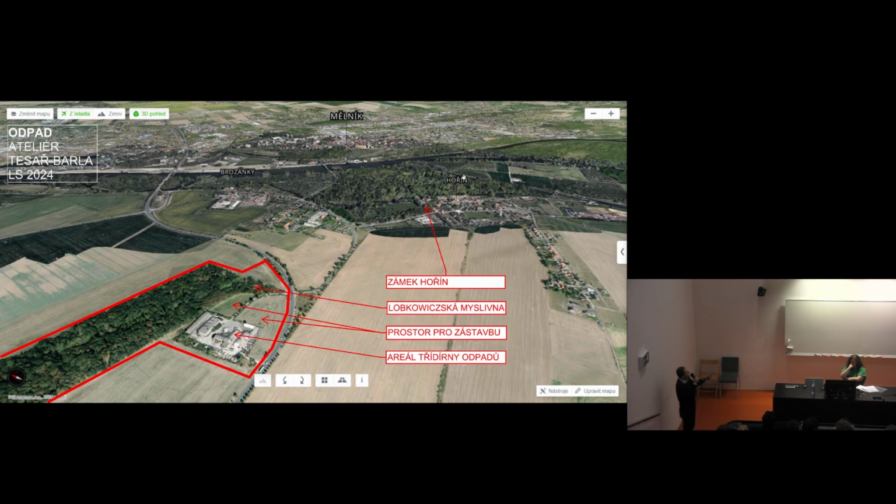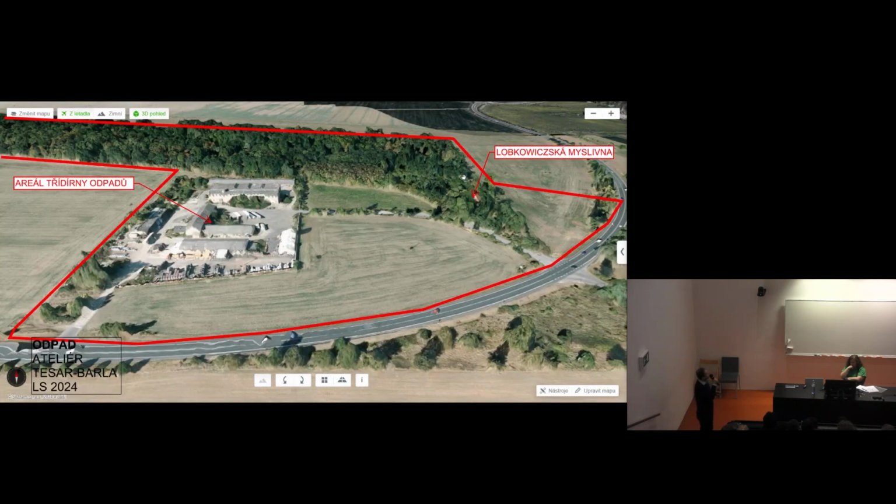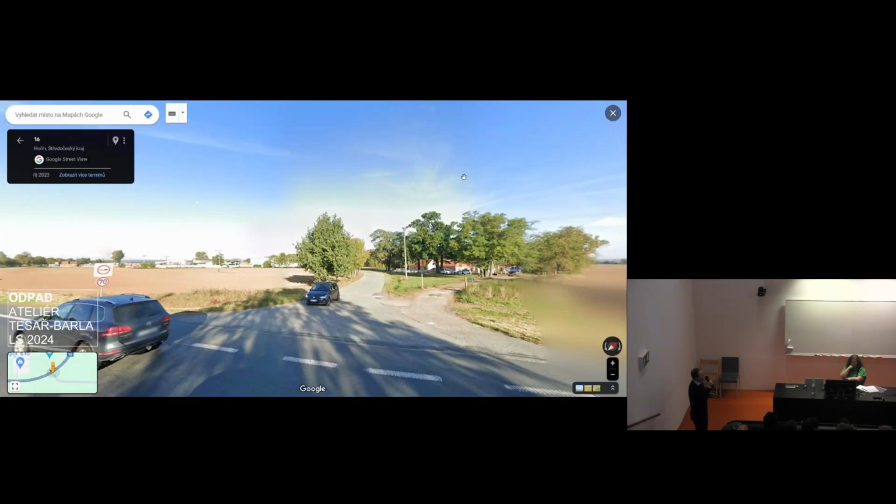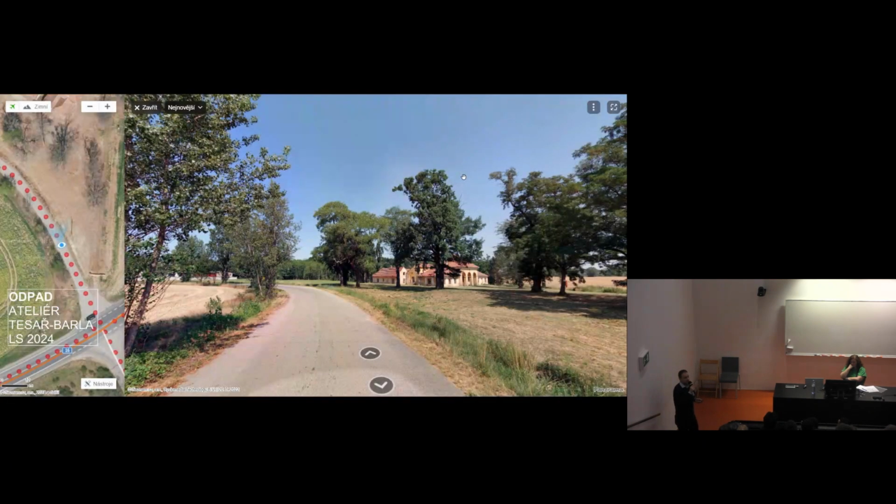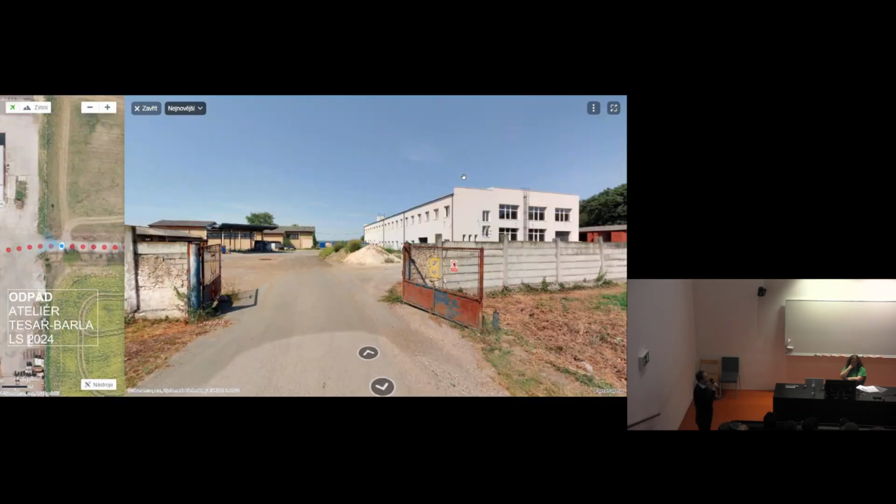Next to it there is an old gamekeeper lodge, and this nice forest over here. So the borders of our plot is the red line. So it's pretty big. So you have a wide field of designing. A little bit closer. And now to get some feelings how it looks like directly on the site.